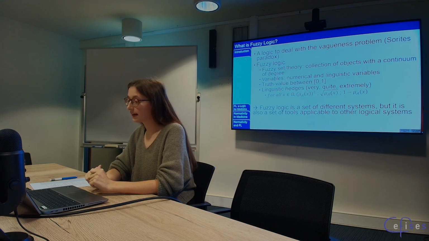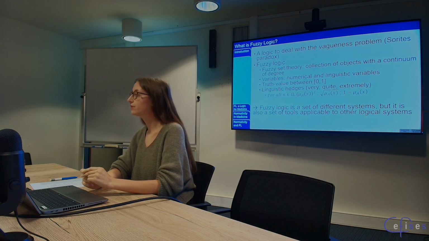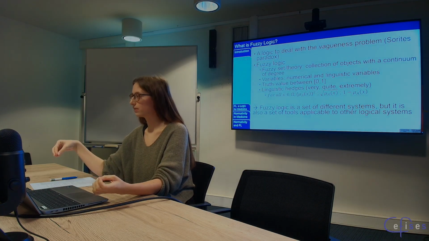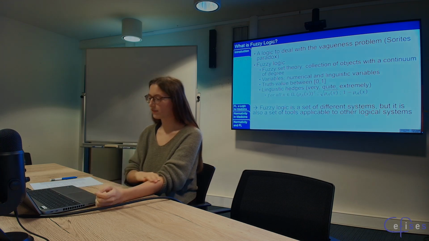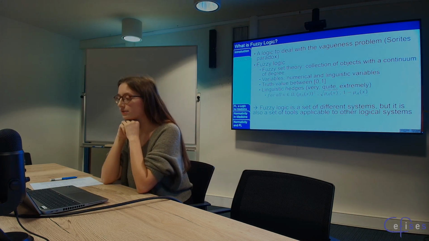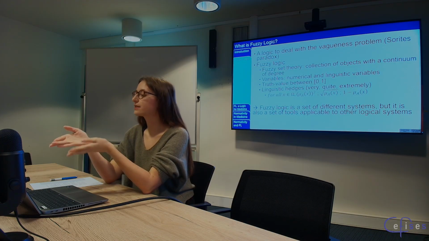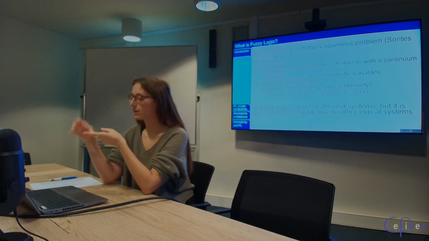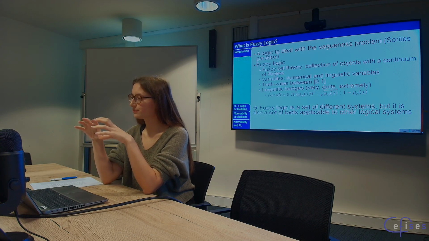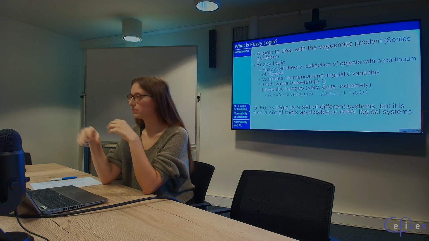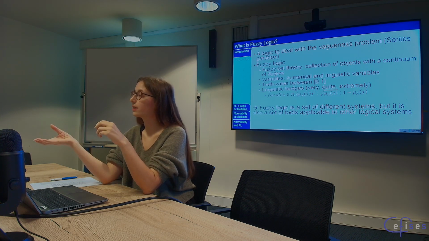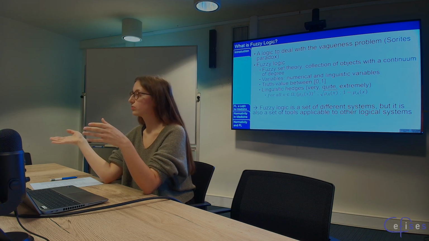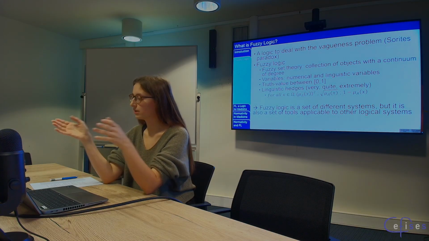Truth can be seen as a variable too, so you can have a truth value between 0 and 1, including 0 and 1, but a whole continuum of values that you can take between 0 and 1. And in fuzzy logic you also have linguistic hedges, which act like semantic operators. They are words like very, quite, extremely, that permit to add granulation to the variables that you have. For example, someone is young to the extent 0.8 but is very young to the extent 0.2. You can have a more precise granulation.